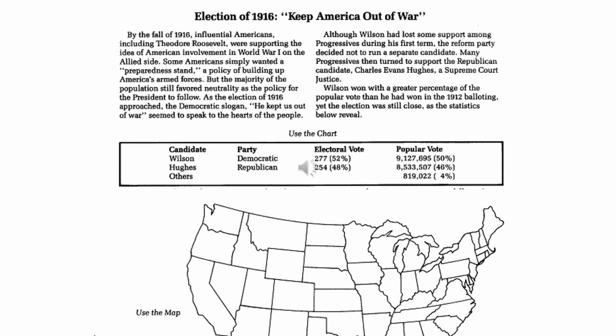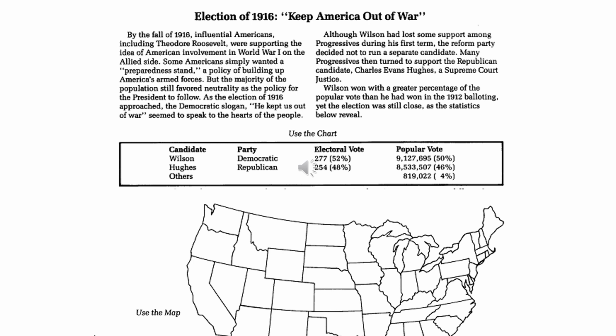Finally, our final map, election of 1916. It says, by the fall of 1916, influential Americans, including Theodore Roosevelt, were supporting the idea of American involvement in World War I. On the Allied side, some Americans simply wanted a preparedness stand, a policy of building up America's armed forces, but the majority of the population still favored neutrality as the policy for the president to follow. As the election of 1916 approached, the Democratic slogan, "He kept us out of war," seemed to speak to the